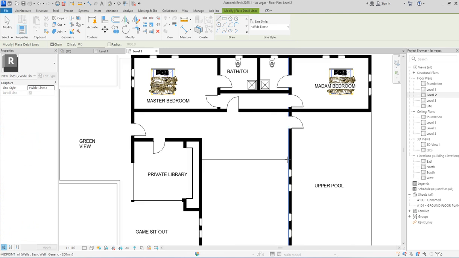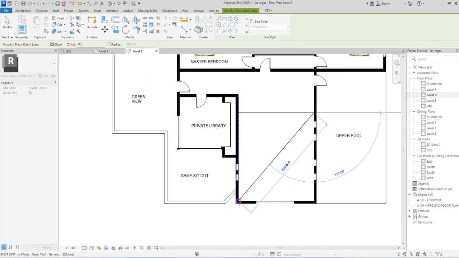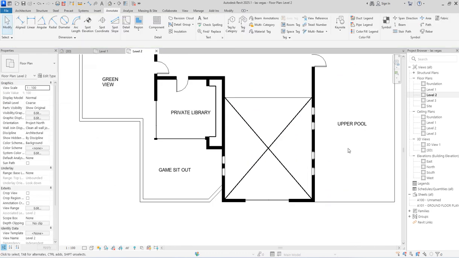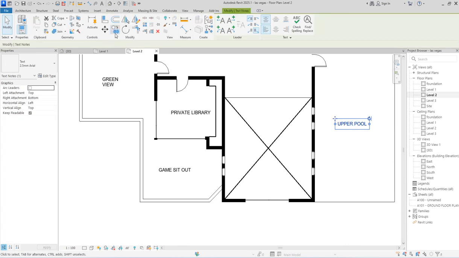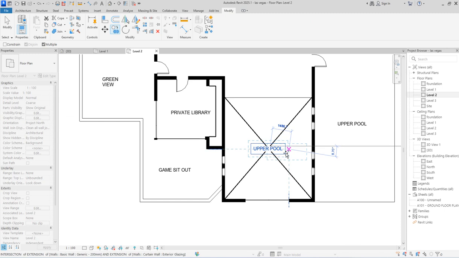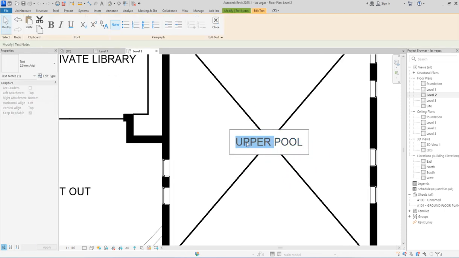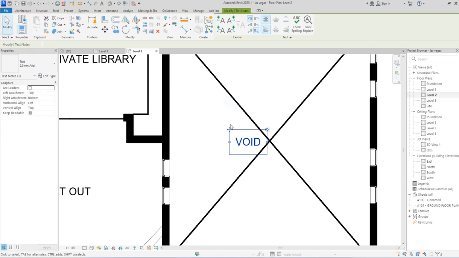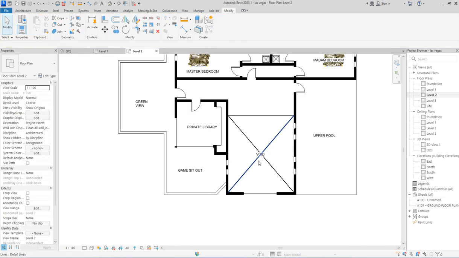give it the details, escape, then select again and then escape. So what do you do? You bring it here and say copy, and you call it void because it's going to be seen below. Control here on the keyboard and say void. Delete there, press capital VOID. Good. So that is what you do.